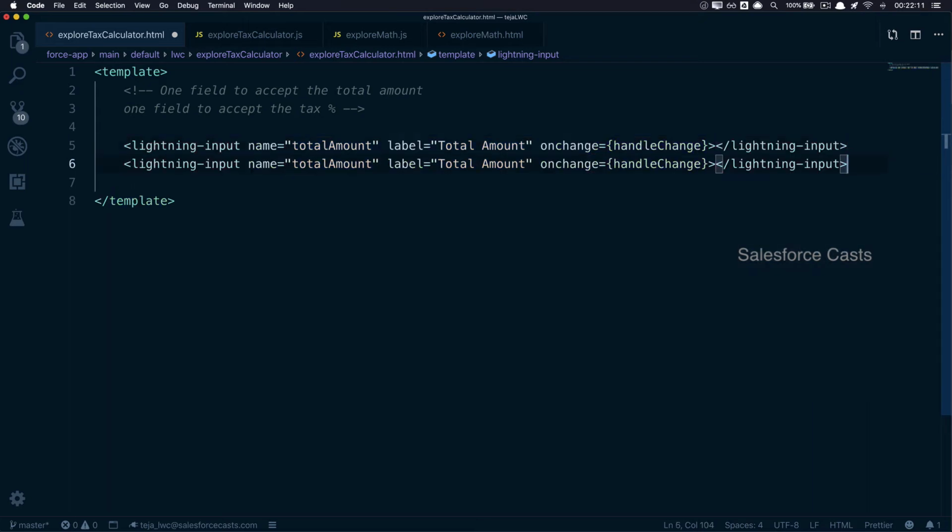Let me also duplicate this. That is because we would need one more input field to accept the tax percentage from the user. So this is going to be tax percentage,